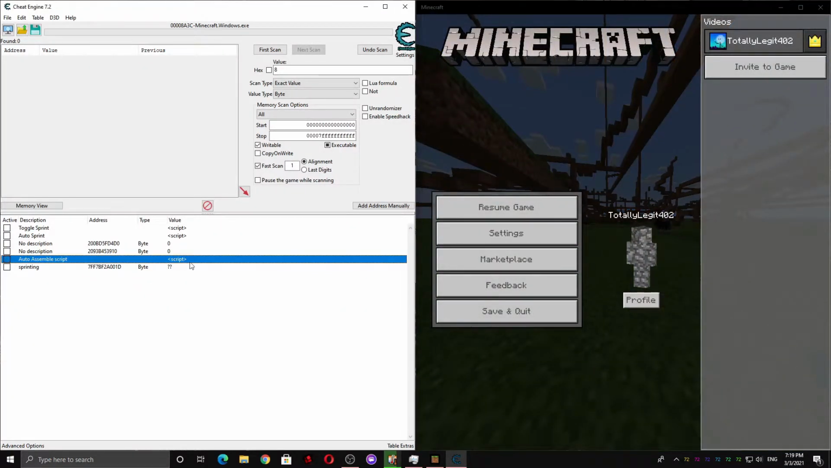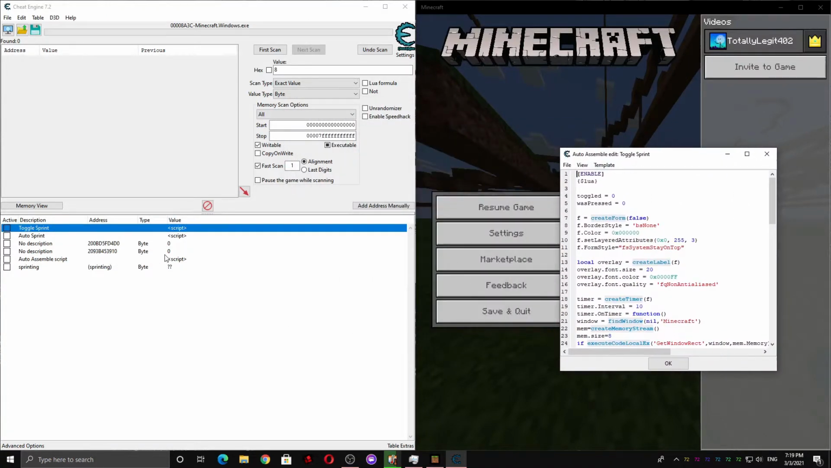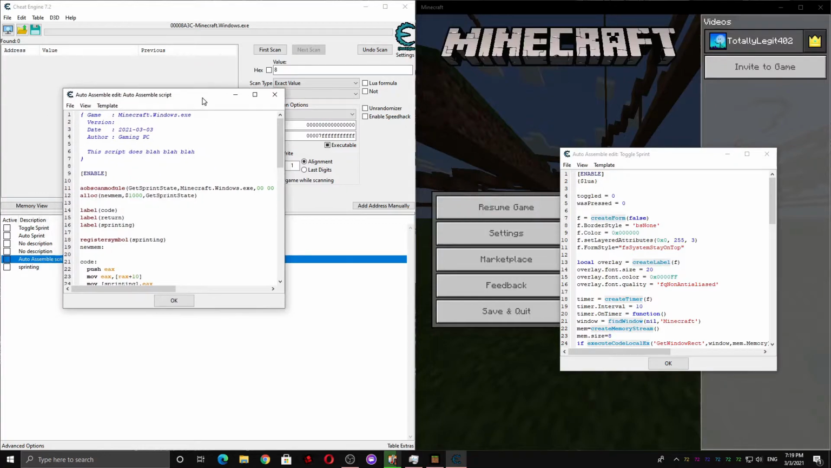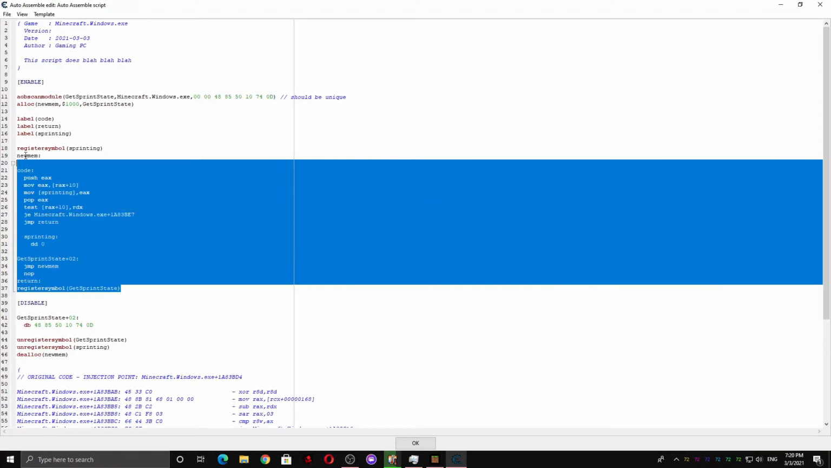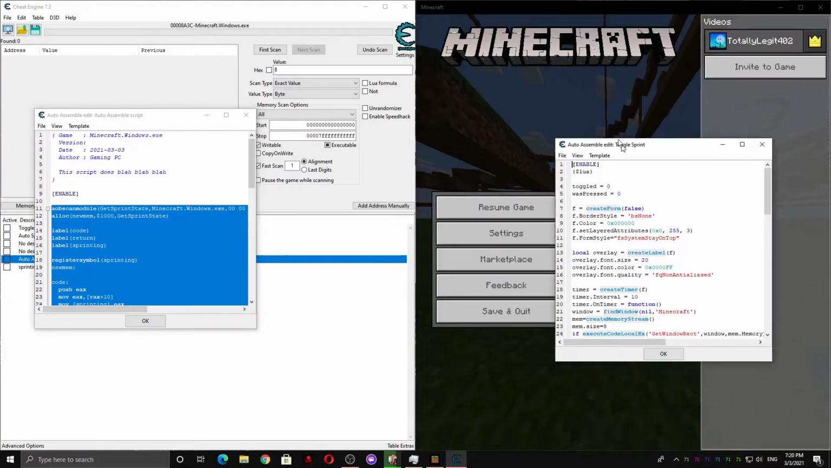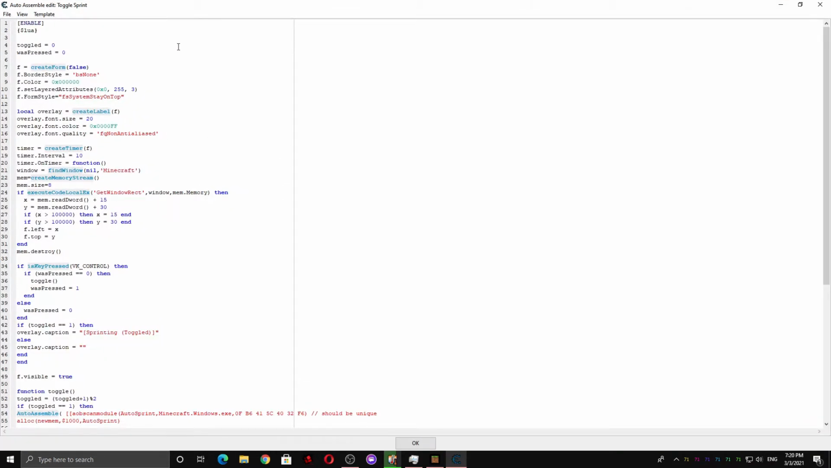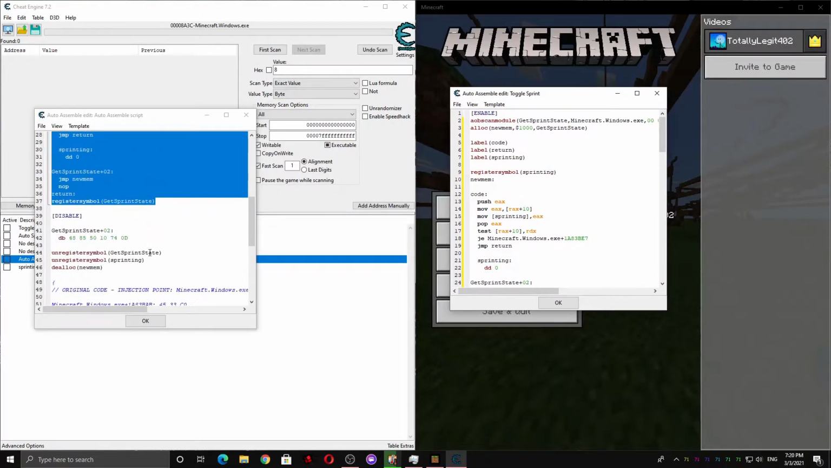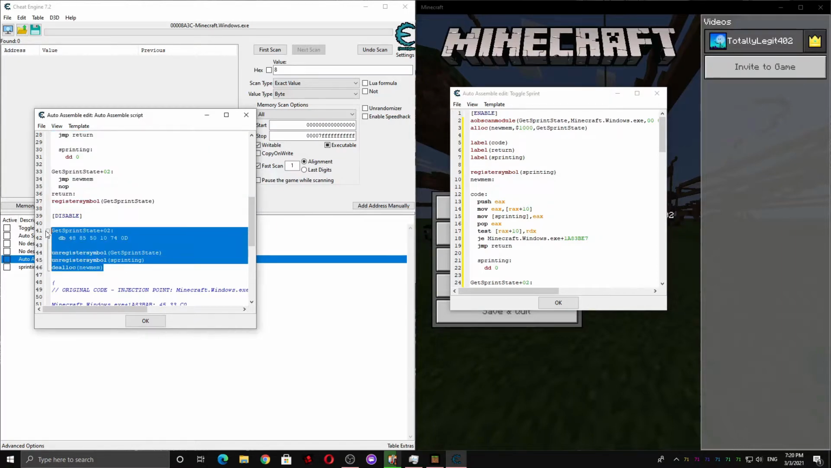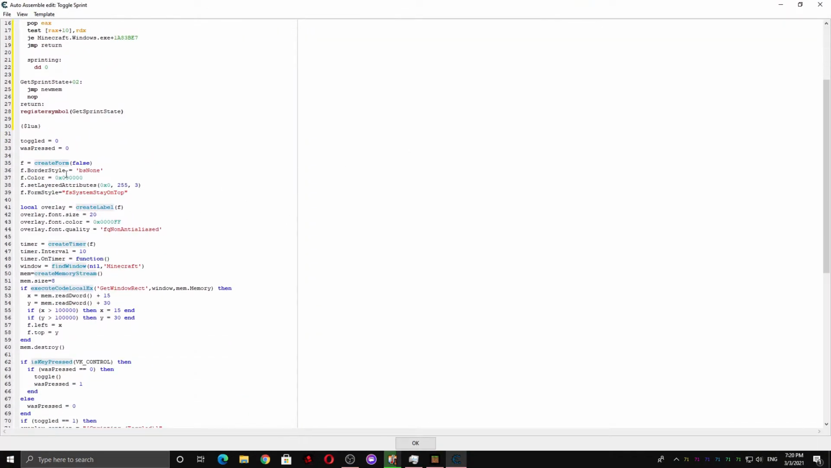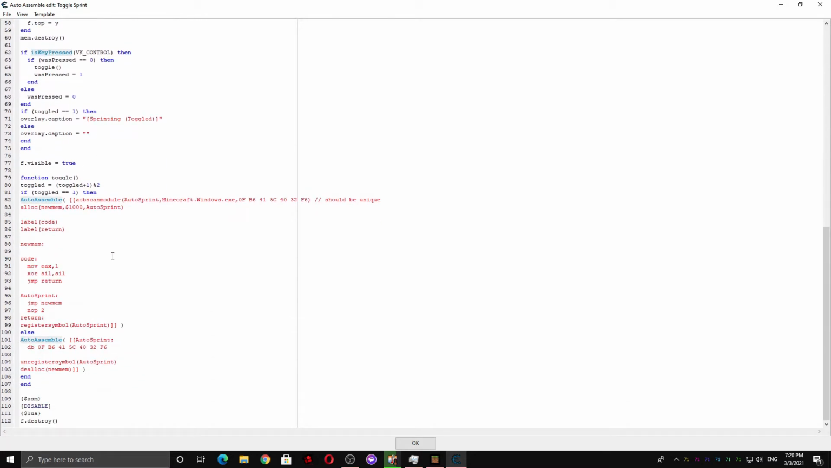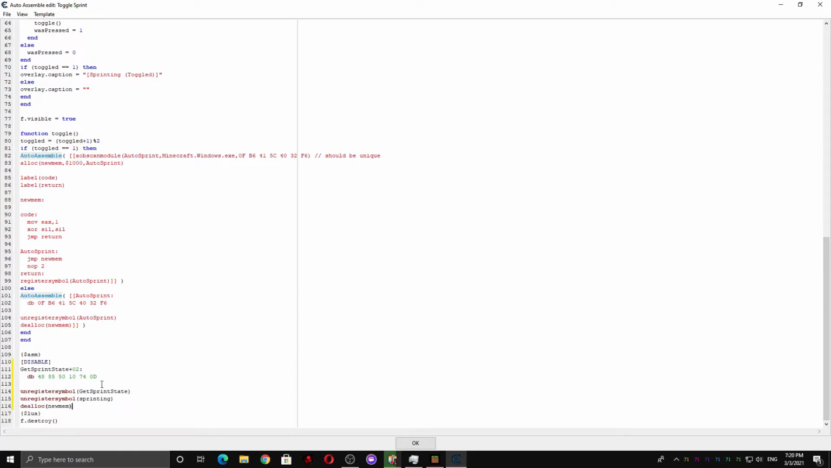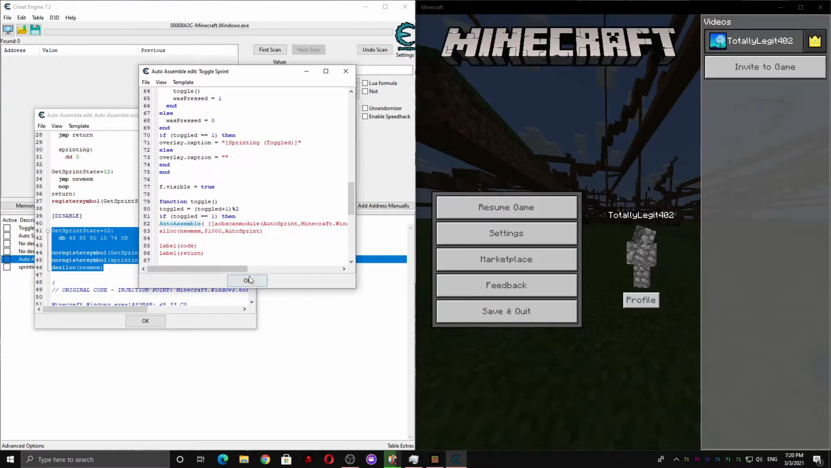So we can disable this for now, and we're going to come into this toggle sprint script and open this and copy this enable section and paste it above where it says Lua. And then now we're going to come to the disable section, and we're going to go above where it says Lua for disable, and we're going to paste it here as well. So once we've done that,